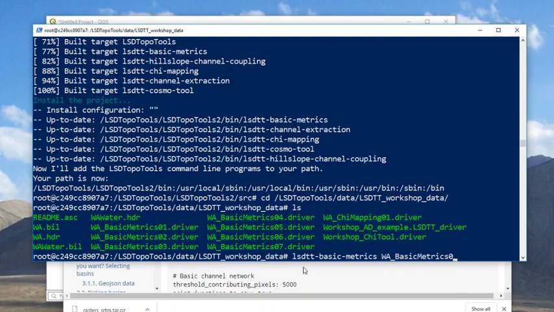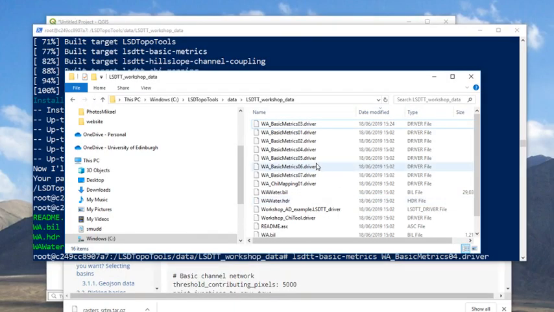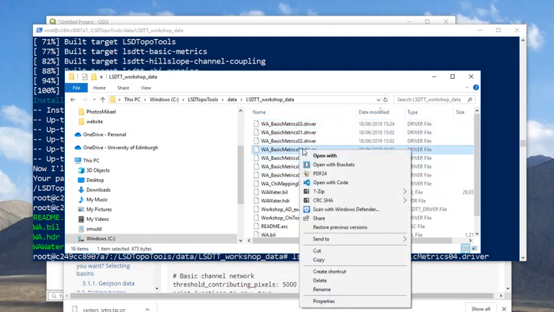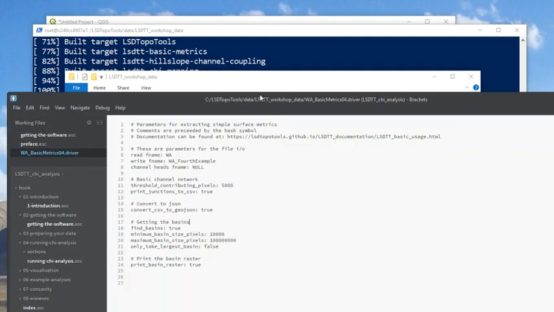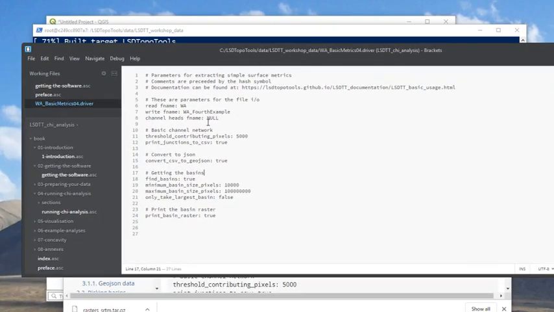But before I do that, I'll tell you what's in there. Again, you want to see what's in this file. You can go into your host operating system and have a look. So I'm going to open this up with a text editor, and this is what it looks like. You have the read and write names. In this case, you've got a channel network with 5,000 contributing pixels to start a channel, and you've got some other bits. In this case, it's asking you to find the basins,